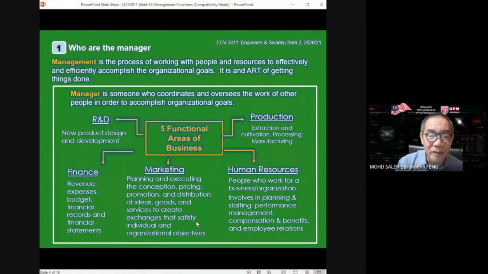Meaning to say that if you have reached the highest level of management, then you need to be able to see all these five functional areas. Of course, each of these five functional areas has its own management levels. You have a human resource manager, production manager, marketing manager, finance manager, and also an R&D manager. So again, we will see ourselves in different levels of management. Generally, the slides practically capture what management is doing and what the functions of a manager are. If you see this in a more graphical form,